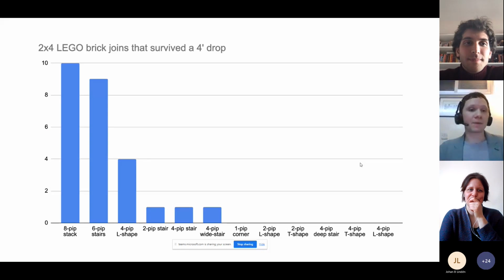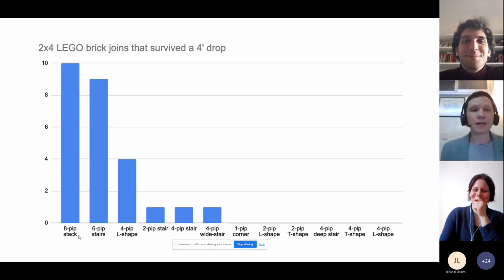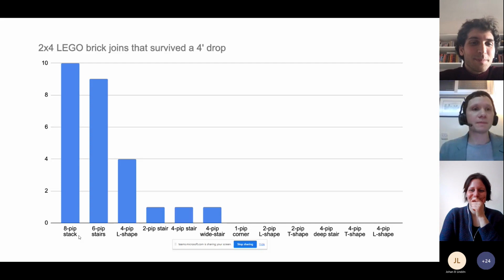So here's an unnaturally mapped one, right? And reading this graph, you have to be like, what is an 8-pip stack of Legos? I played with Legos my whole childhood and sometimes in adulthood, and I still know what an 8-pip stack is, right? But if you do the same graph like this,